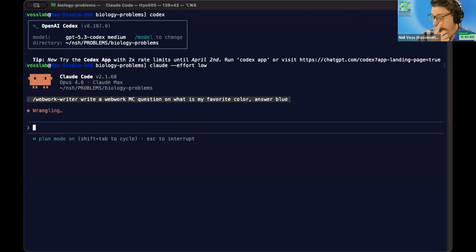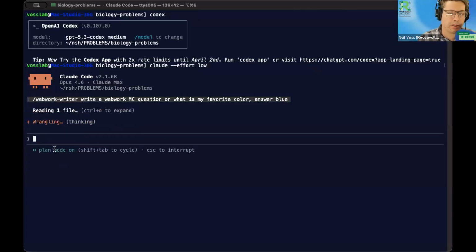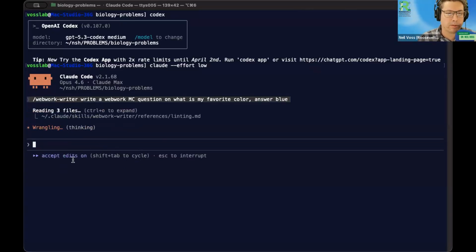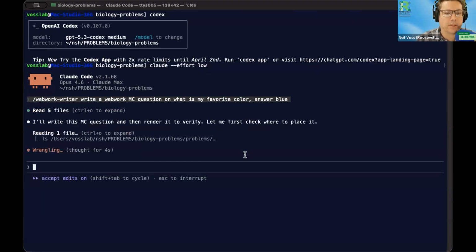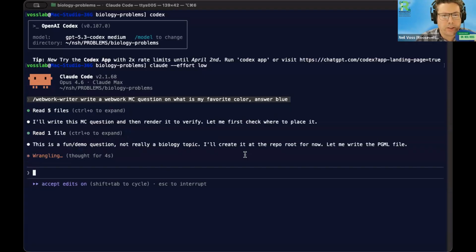It's probably going to save it to a file. We don't even need to turn on plan mode. We'll just turn it on. If I shift tab, it changes it to write mode, and you can see it's learning how to write a header, which is kind of like documentation. It's like the comments at the top of the question. I did put it into my biology topics thing,